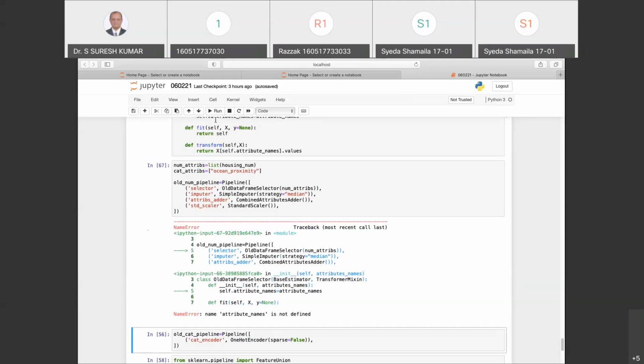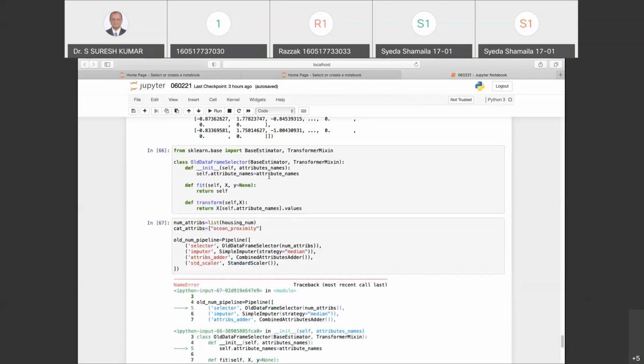Okay, and some error is being carried forward from here. Self dot attribute underscore names is attribute underscore names, and define fit self, x and y as none, and return self. Before name that you have defined it right over there, in init, attribute names.